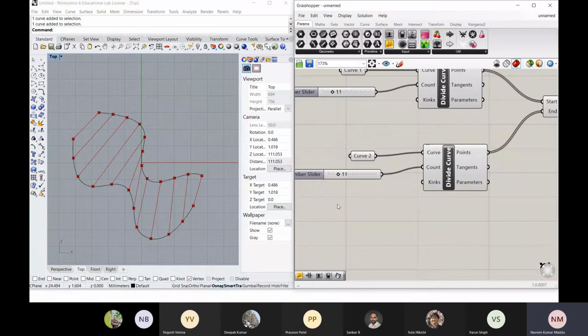And let's say I want to increase the number of points here. So it is connected to the last point here, and here also I can increase this like this. So in a way you can interactively see how many points, how many segments you want to divide and all. So this is the example number 1.